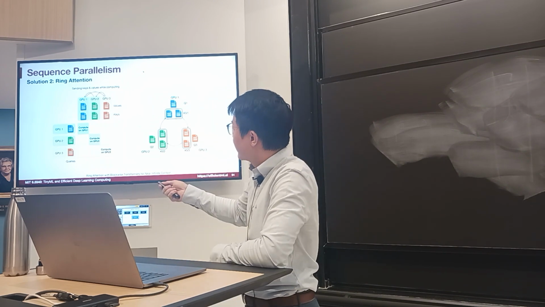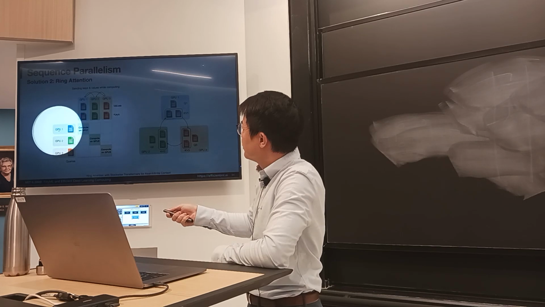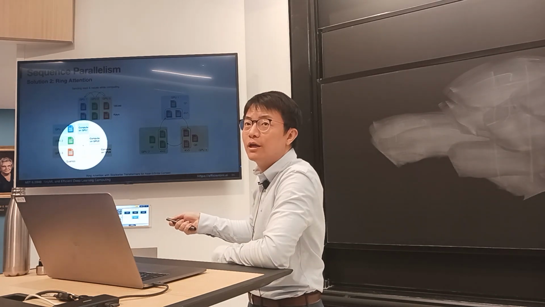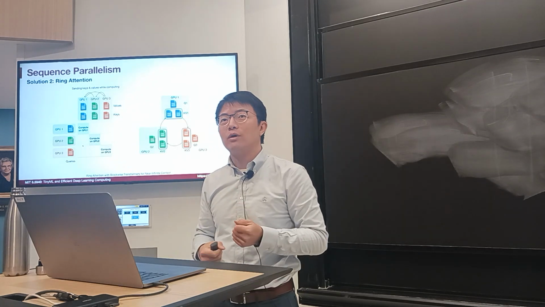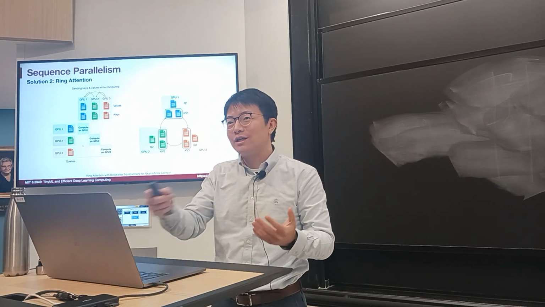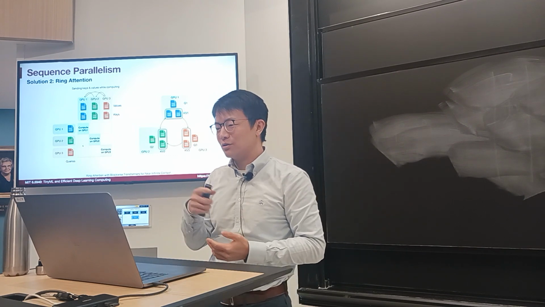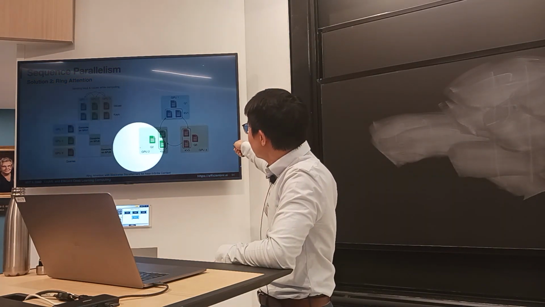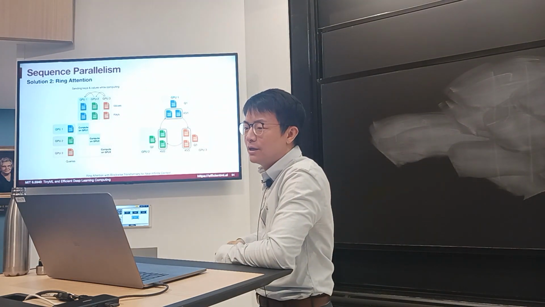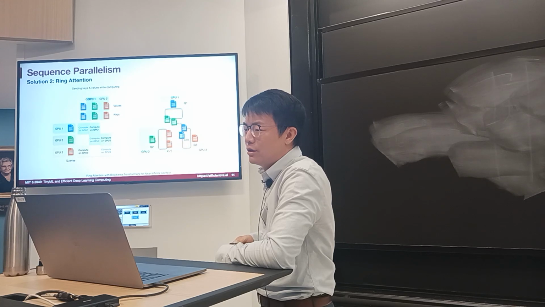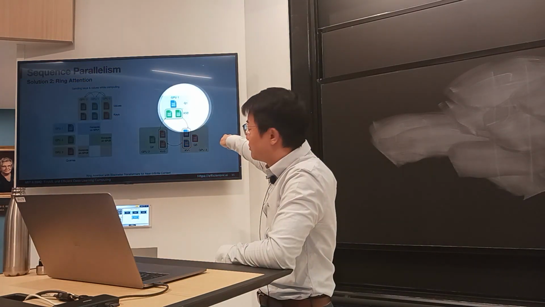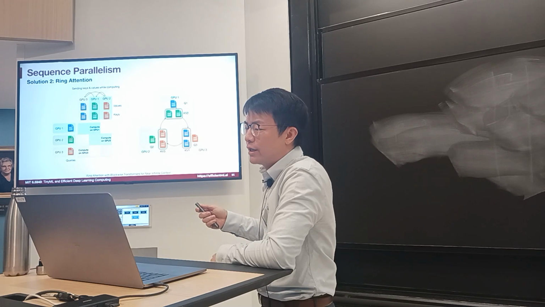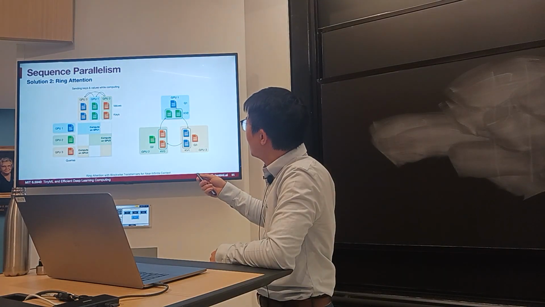So we want to communicate such that the GPU1 sequence can also attend to GPU2. GPU1 also wants to see GPU3, right? So what does it remind you of? The ring all-reduce, right? So you have a ring, GPU1, 2, 3. Okay, form a circle right here. In the first cycle, we just rotate it by 1/3, such that we can communicate between GPU1 and 2,